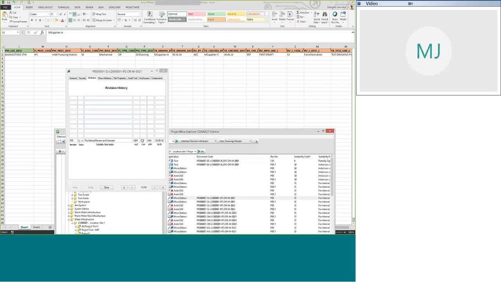So 3 entries for the drafter, also 3 entries for the checker. As you can see, checked date, and revision check 1. So this correlates to this field,